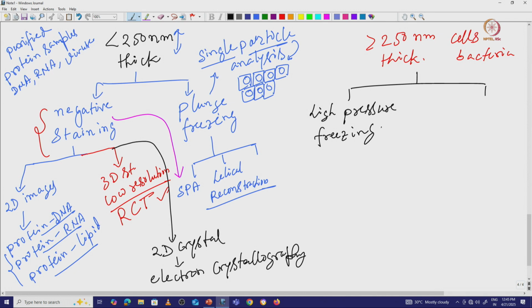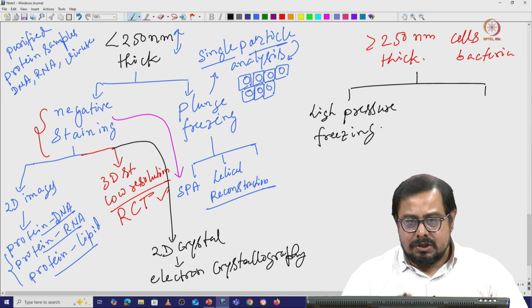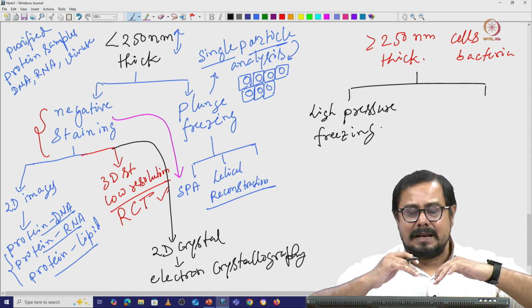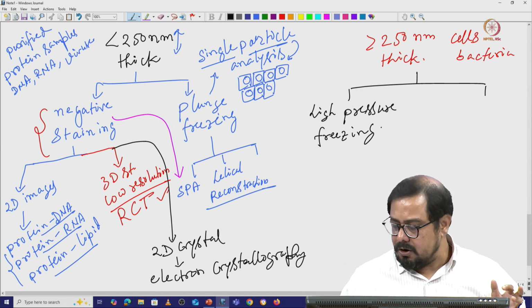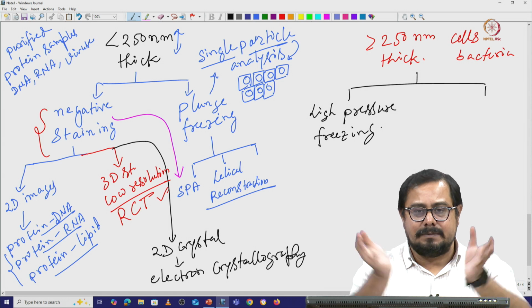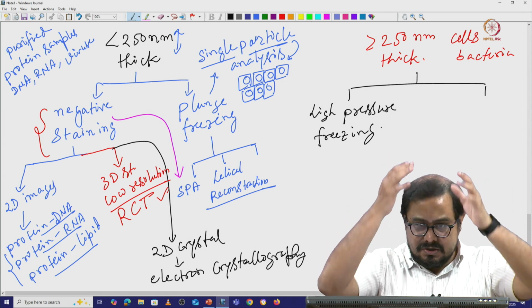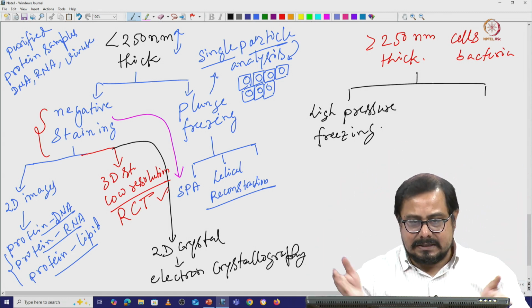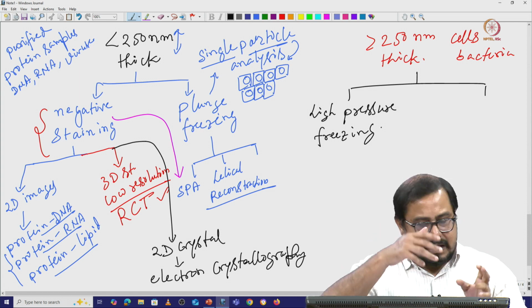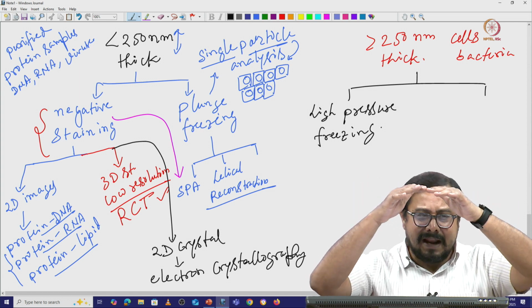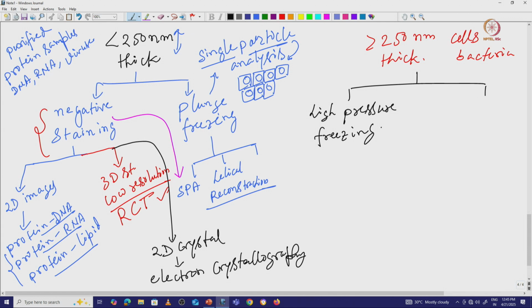High pressure freezing is very important here, because we are dealing with the entire cell or bacteria. Inside that cell or bacteria there is a lot of liquid material, and if we freeze the entire cell or bacteria, it will be a very slow process inside the cell, because overall the bacteria or cell is this big, and when you try to freeze it, the surface has a different temperature, the inside has a different temperature,